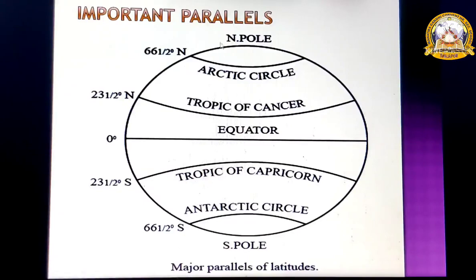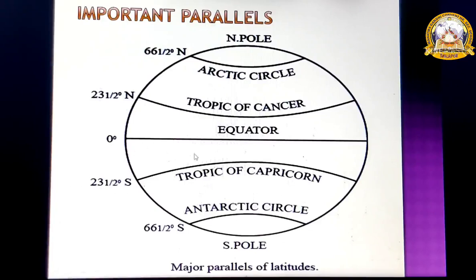They are Arctic Circle, Antarctic Circle, Tropic of Cancer, Tropic of Capricorn. Arctic Circle 66.5 degrees north, Antarctic Circle 66.5 degrees south, Tropic of Cancer 23.5 degrees north, Tropic of Capricorn 23.5